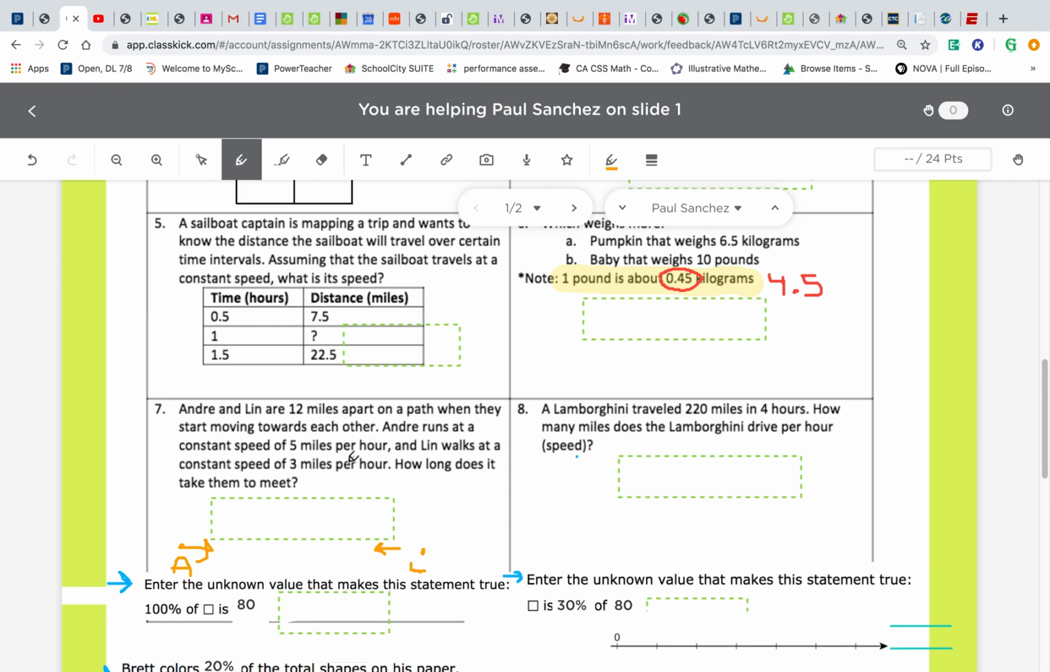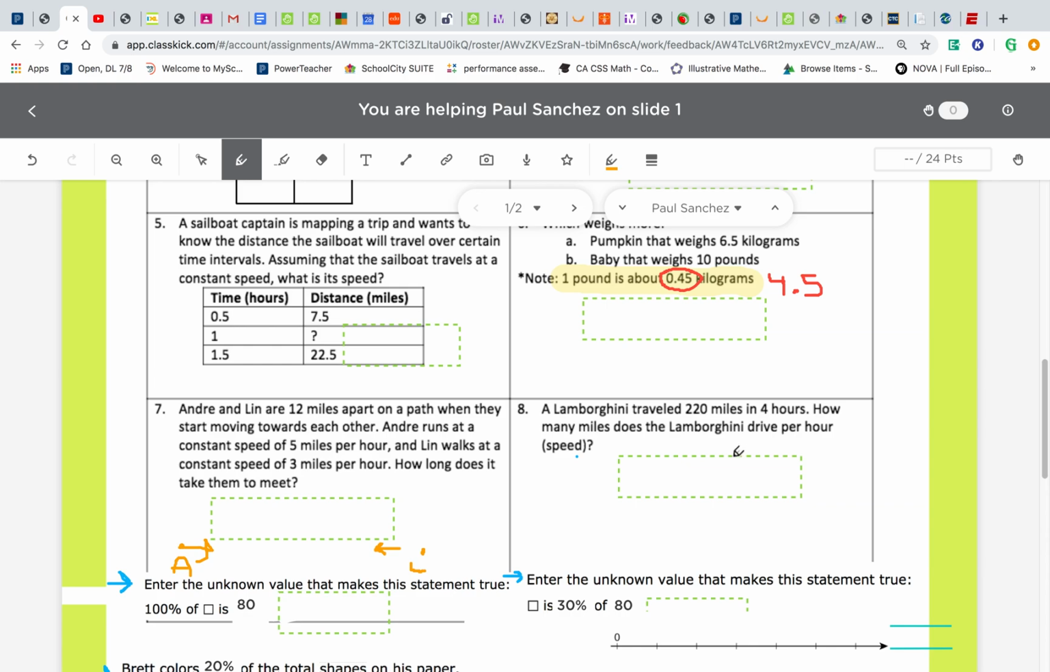All right. Okay, number 8. A Lamborghini traveled 220 miles in 4 hours. How many miles does it go per hour? So remember, class, that per means for one. Well, there's different ways you can do this. One way is you can just divide and break up the 4 hours into one. So that means you divide by 4. So 220 divided by 4 would give you